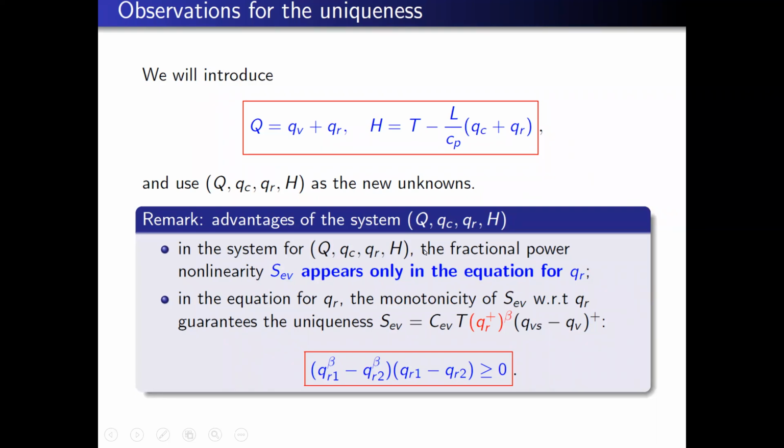And the right-hand side will be involving QR plus only, but one can take advantage of the fact that QR plus beta is a monotonic increasing function. And therefore, when you talk about uniqueness, when you compare two solutions, this product is positive, therefore you can drop it. You don't need to do estimates on that. So we use the monotonicity of that. At least this is the trick that we capitalize on to show the uniqueness for this model.